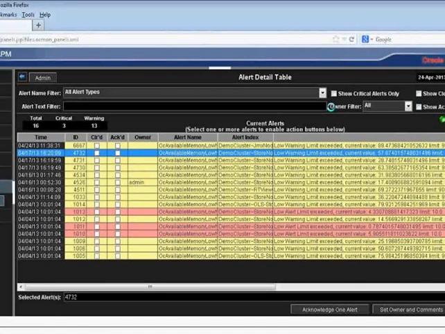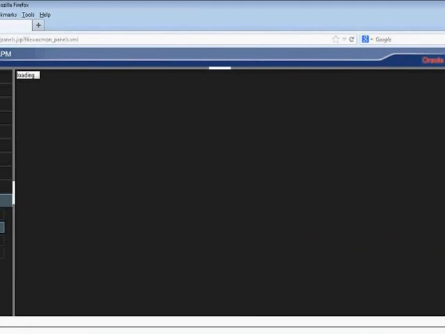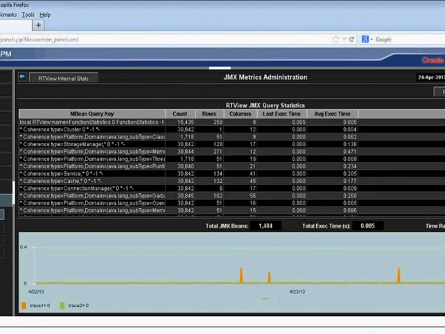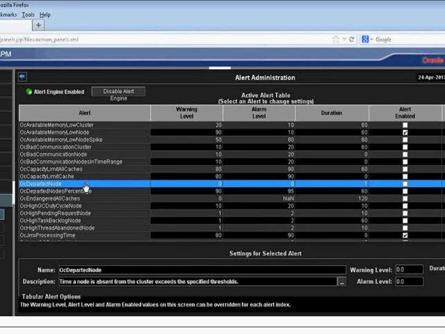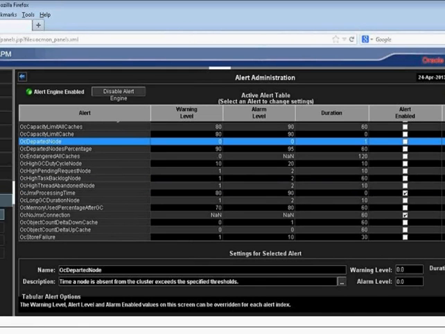That's great. So we also added, and Marie's going to come show up, we also improved the administration of the alerts. So along with the persistence of the actual alerts themselves, the way we define the alerts changed. Some of them are very similar: warning level, alarm level. So if it's kind of bad, it's really bad. And how long does it need to be there, the duration? You know, how long does it have to be bad or really bad before you tell me it's important. But then we added this really nice feature which allows us to override alerts. So by creating indexes, you can now define lower granularity of thresholds